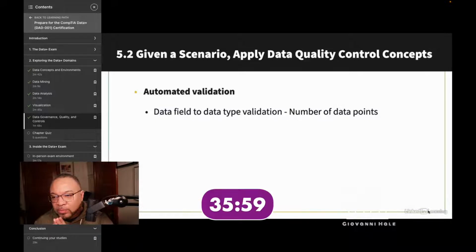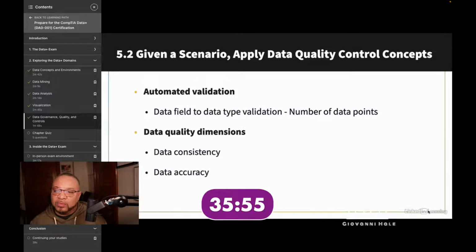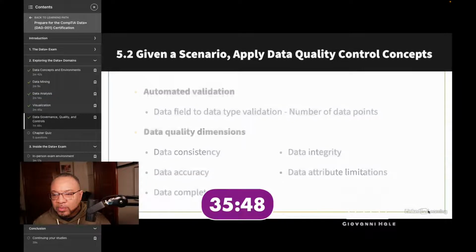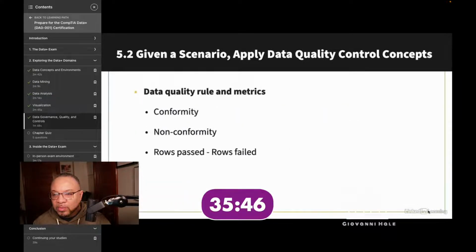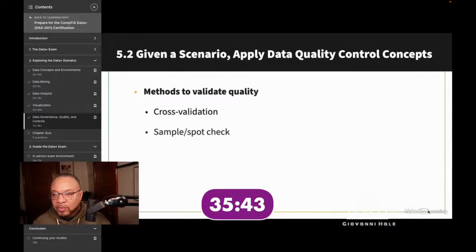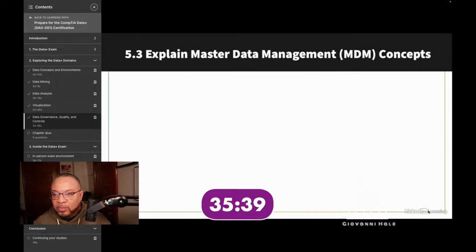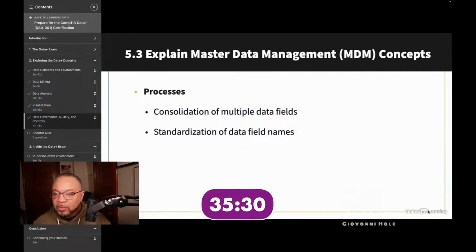The second objective requires that you be able to apply data quality control concepts when you're given a scenario. These include understanding the circumstances to check for quality and the use of automated validation techniques. You'll need to understand the 5 dimensions of data quality: data consistency, data accuracy, data completeness, data integrity, and data attribute limitations. You also need to understand data quality rules and metrics and methods used to validate data quality. In the third objective, you'll need to explain master data management concepts. This includes the processes used to consolidate multiple data fields, standardize data field names, and develop data dictionaries.